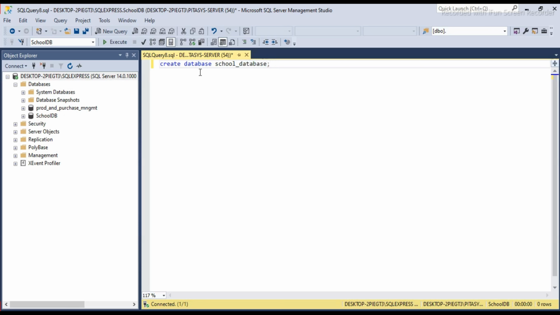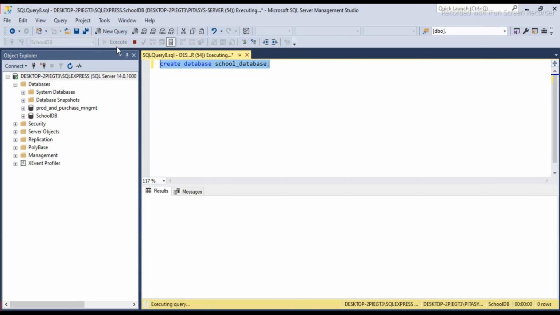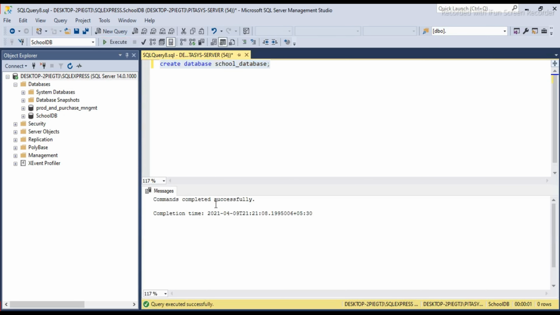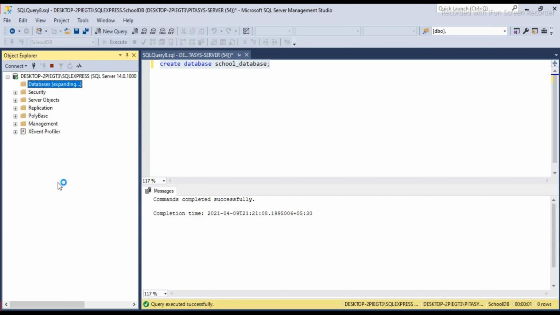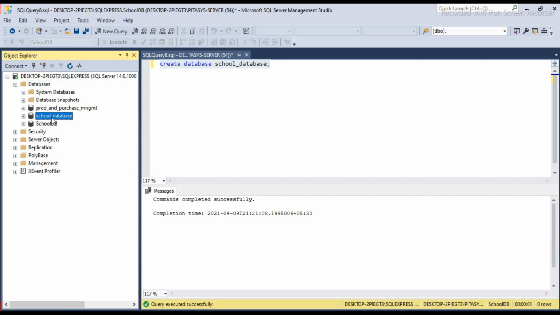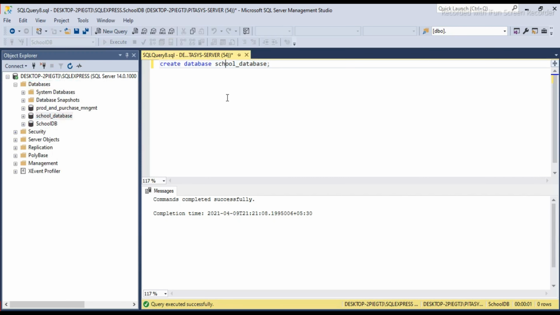This is the database name that we have to specify, and the keywords create database should be defined over here. This command will create a database with the name school. Let's see. I am executing it. Now this command is successfully executed. Now we can check our database by refreshing databases. You can see this school database is created over here.